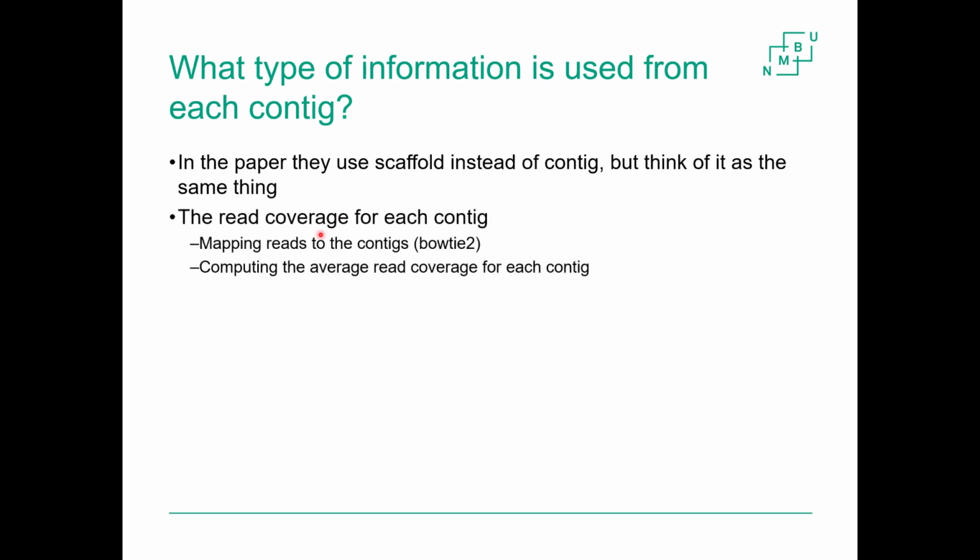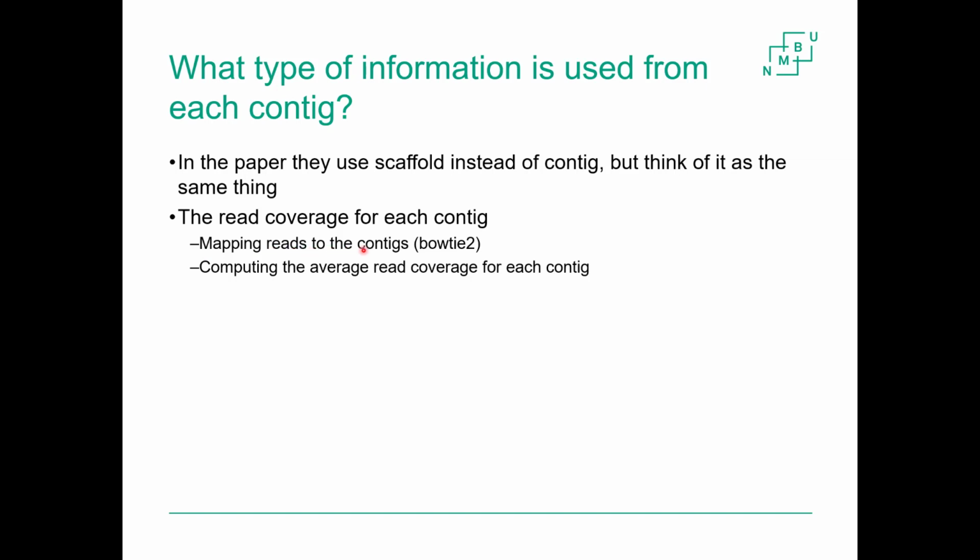The first piece of information is the read coverage. And this is reasonable, because we know that there are possibly many genomes in this metagenome. But all the contigs that come from the same genome should have the same coverage, simply because they come from the same genome. You can't have different coverages in the same genome. So it's not unreasonable that we try to use this piece of information. And this we can actually calculate,